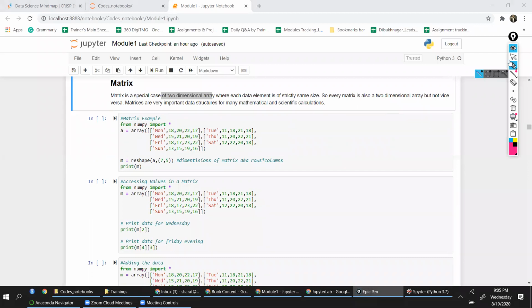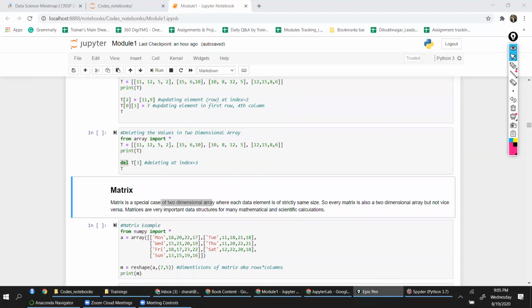Any questions before I proceed for the break? Let me take your questions. Will this remove an entire row or column? There's no row or column here, Geetanjali. We are talking about a two-dimensional array, but we're not talking about row and column. That is not possible, as I said. Delete, you can try and delete.